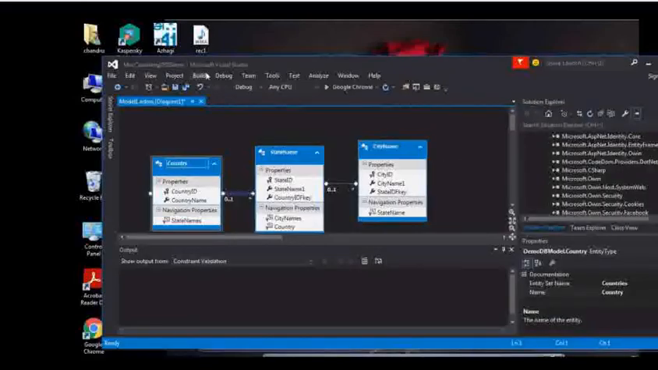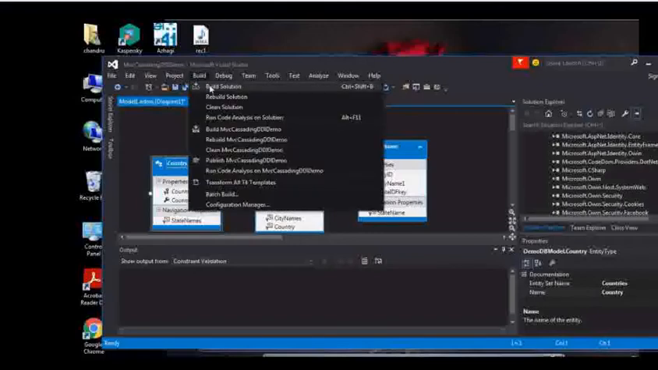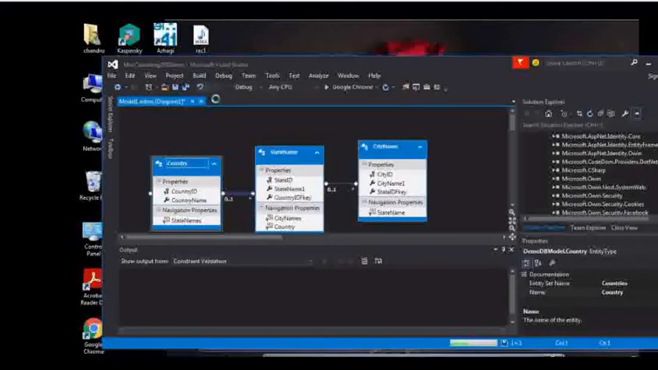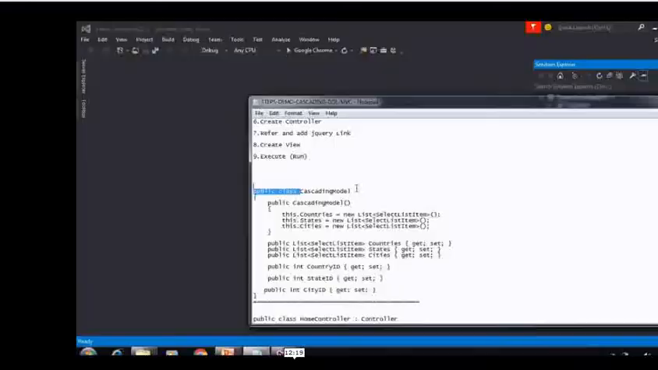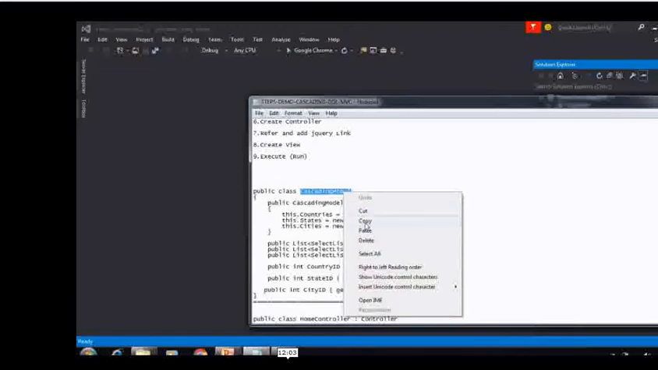Then we are going to move on. I forgot one thing. After creating the entity model, we have to build the entire project, or otherwise it will not be recognizable. Okay. Now we are going to deal with the